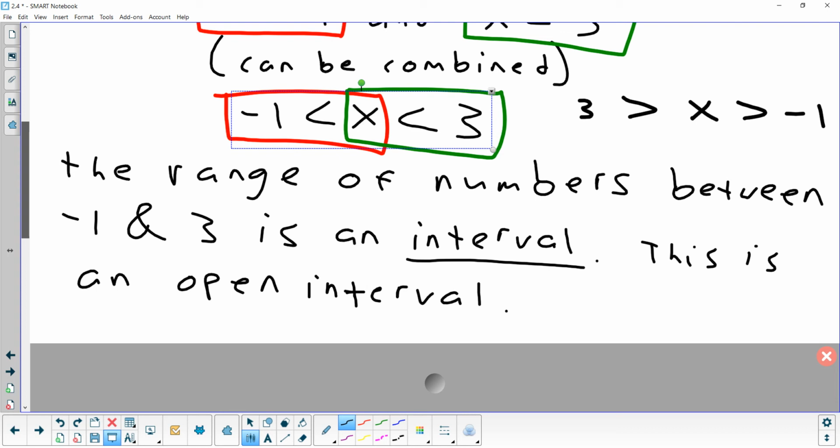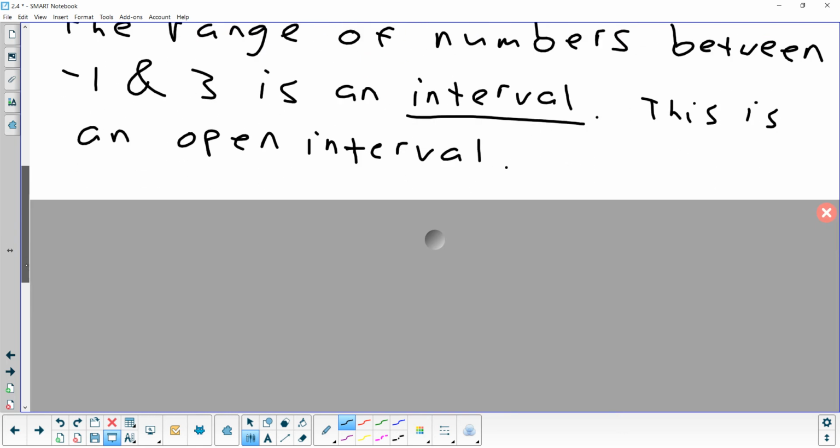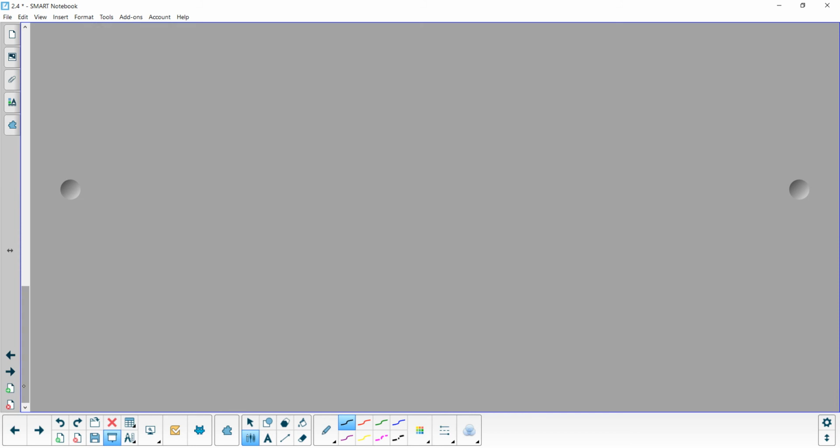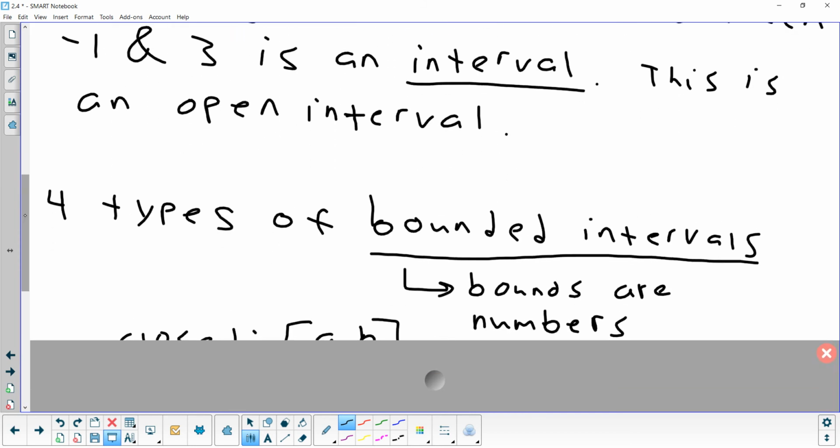So we're going to talk about a few different terms. We talk about what's called open and closed intervals. And we're also going to talk about bounded and unbounded intervals. So a bounded interval is an interval where it has an end to it. It stops somewhere. There's an actual number that you can say, here's the beginning of my interval, here's the end